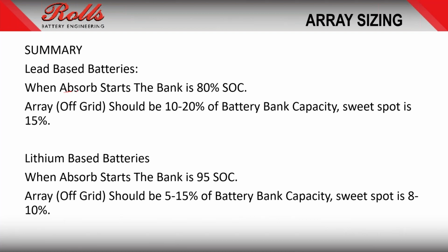when the absorption stage starts, a flooded lead acid, AGM, or gel battery bank is ballpark between 80 and 85% state of charge. An off-grid array should be 10 to 20% of the battery bank capacity. The sweet spot's that 15%. For a grid connected backup, or even a cottage, it can be smaller, as low as 5%. But remember, if the customer goes out to that cottage and they spend more than 3 or 4 days there, they're going to have to run a generator to supplement because the array's not large enough to fully recharge